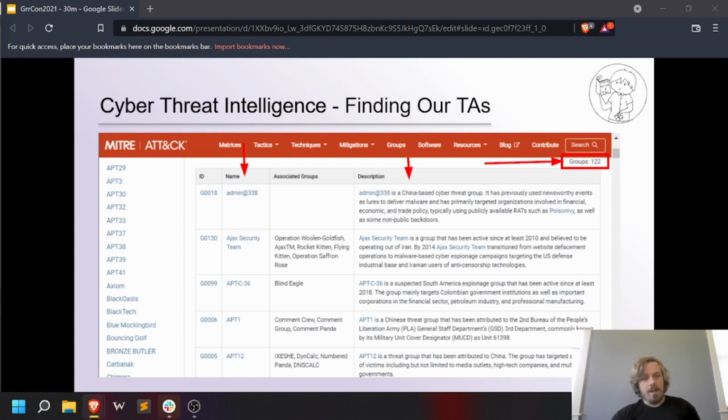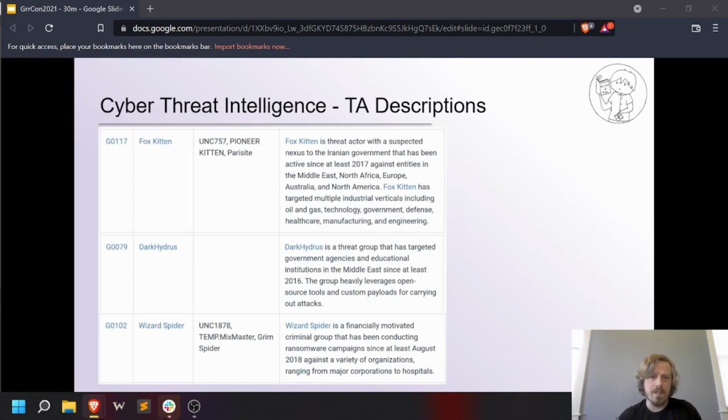So how do I identify relevant groups to us? Well, using MITRE groups, we simply read the descriptions column. Let's say you are a large manufacturing company based in the US. You'd probably be interested in knowing what Foxkitten is doing up there at the top. Probably less interested in DarkHydrus in the middle, but what about a group like Wizard Spider? I'll give you a hint. Most of us should probably care about what groups that are classified as financially motivated or e-crime are up to. So I definitely recommend following and hunting those groups as well.